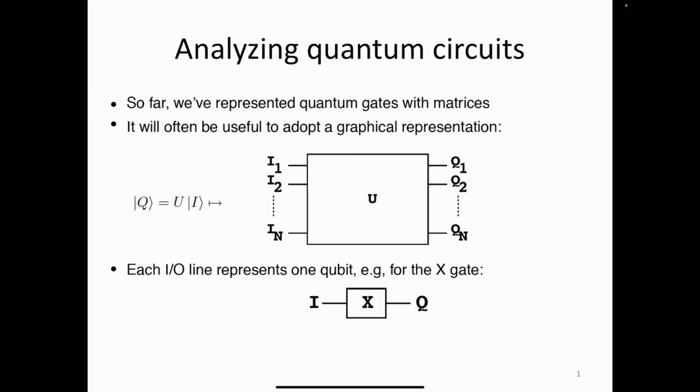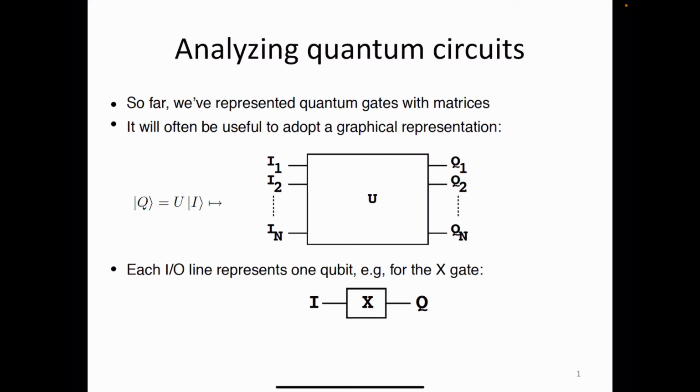Over the last lectures, we talked about how you represent quantum gates with matrices. We know in the meanwhile pretty well how to do that, but it will often be useful to adopt a graphical representation. And that's how we concluded our last week's lecture. And this is done